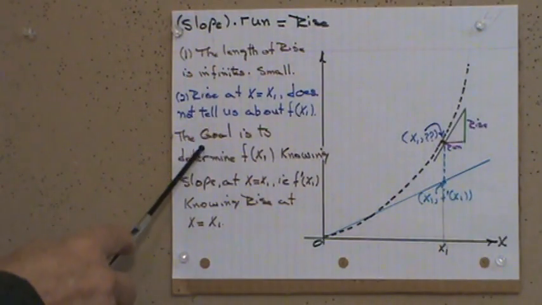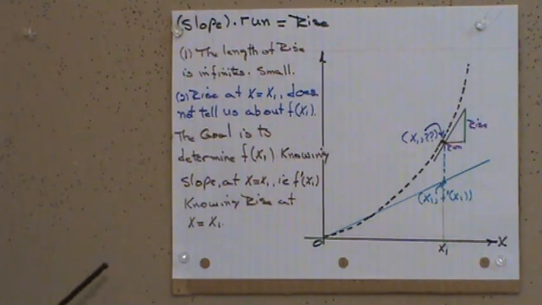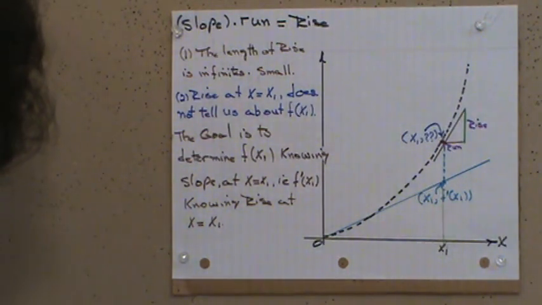So what is our goal? The goal is to determine what f of x1 will be. We know f prime of x1. From that, we want to infer, we want to understand, we want to find out what f of x1 will be. So that's what we are after. Okay, next one is